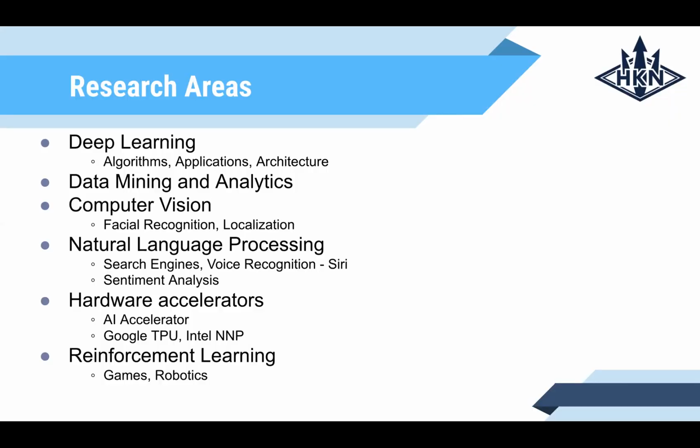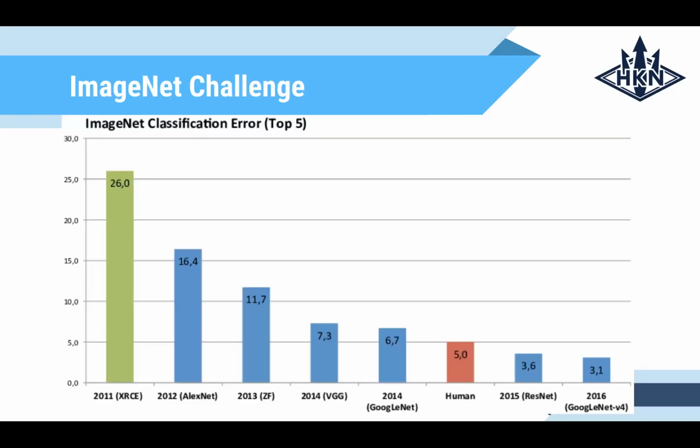So here are some research areas. One research area is deep learning. Deep learning, most of the time people are actually concerned about architecture. So let me show you some examples of deep learning. So here's the ImageNet challenge. It's one of the very popular challenges that people use to benchmark their algorithms in